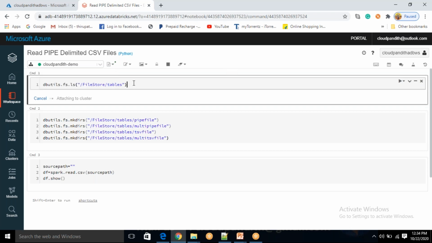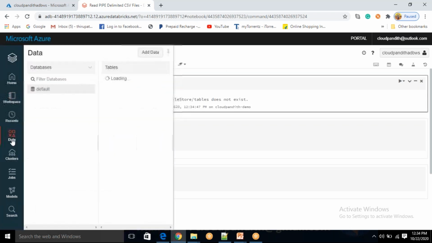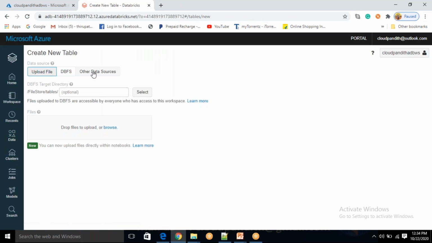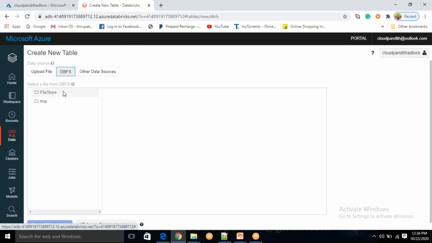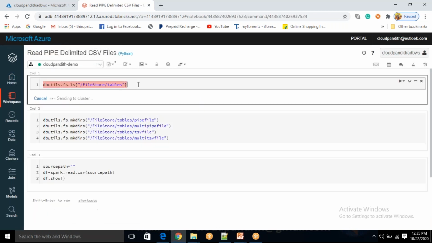After creating a new cluster, it will take some time to execute the command. Anybody remember this error, friends? Yesterday also we got this error, but this is a temporary error. When you create a new cluster, it will not be able to look for your default or base path right away. If you check, you can see the base path is already available. But if you try to execute this after some time, at least 15 or 20 seconds,